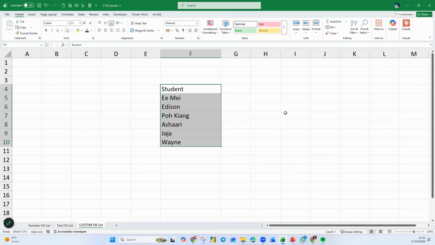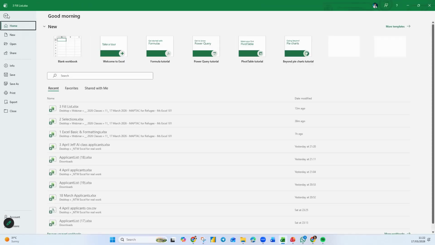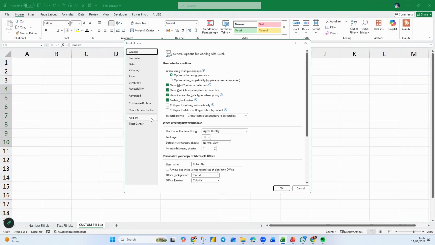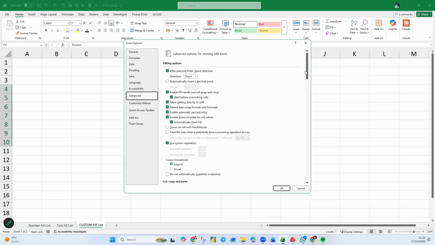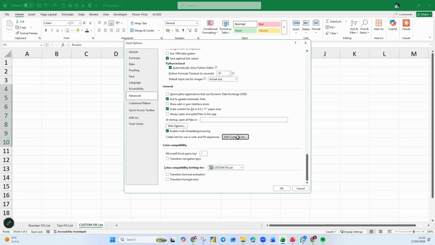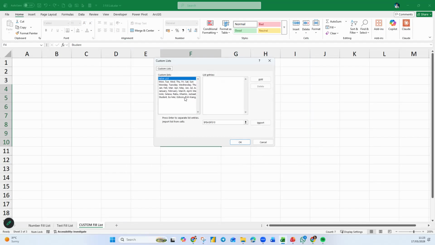So if you don't use that list anymore, my suggestion to you is go to Advanced, scroll all the way down. If you're never going to use this list anymore, don't keep them in here, because they will slow down your computer. At the moment, if you have like 20, 30, it's okay. But if your list grew all the way to a few hundred or thousand, be careful, it will slow down your computer. Okay, so mine is very clean, right?